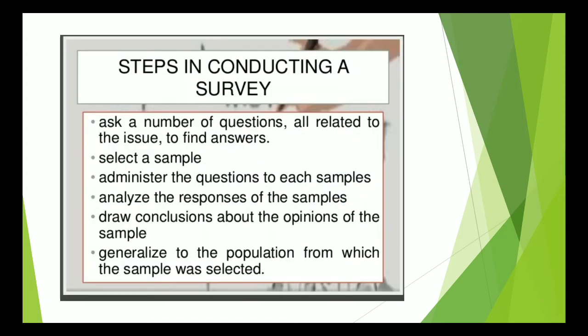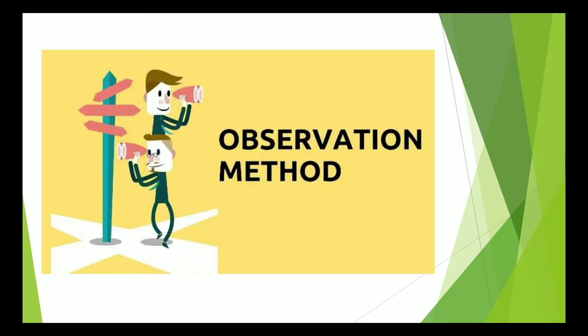Next, we move on to the second method, that is the observation method. Like you can see, these people over here are observing via binoculars. That kind of method in psychology is known as the observation method, wherein the subject is observed from a distance in a naturalistic setting, or the psychologist takes part in that particular situation to understand the participant or the client in more detail. We will see the observation method in detail right now.